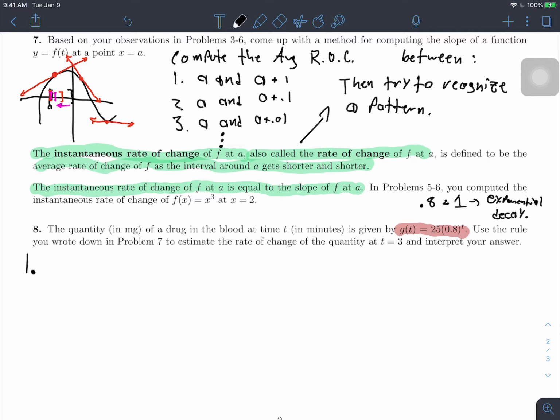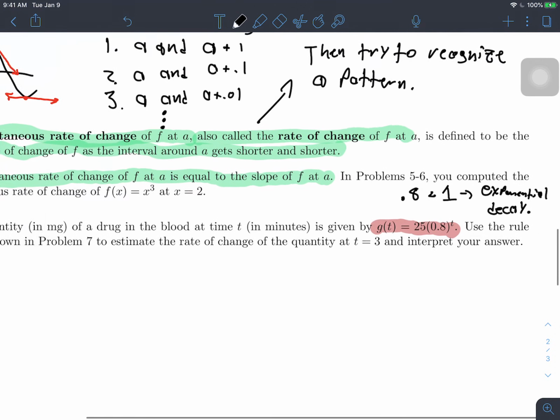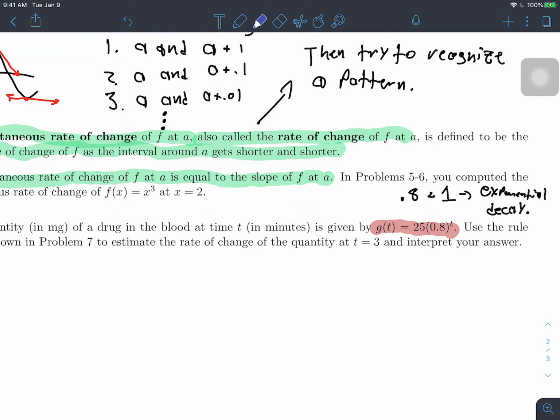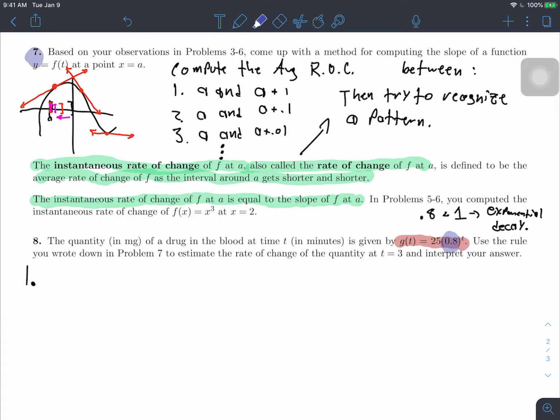Not 0.8. Now that's a great point, actually, because this is a little bit confusing. In the exponential chapter, we talked about this number here as being our a for our formula, right? Right now, we're treating this formula as separate from our problem. So the a that I'm referring to in number 7 here, where I give directions, is the point x equals a, okay, where I want to find the instantaneous rate of change. In the problem, the time at which they want us to find the instantaneous rate of change is t equals 3. So, first of all, a